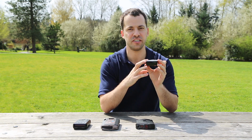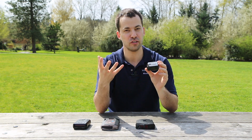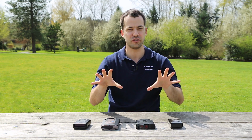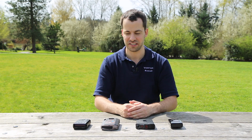It does better MRCD detection than the Redline EX does, for example. It's also got better filtering with the MRCD than the Redline EX does, and it also has a cool kind of ramp up for MRCD instead of just a full tilt alert. And so, of course, for the sake of future-proofness, we'd want to be able to detect all the current radar